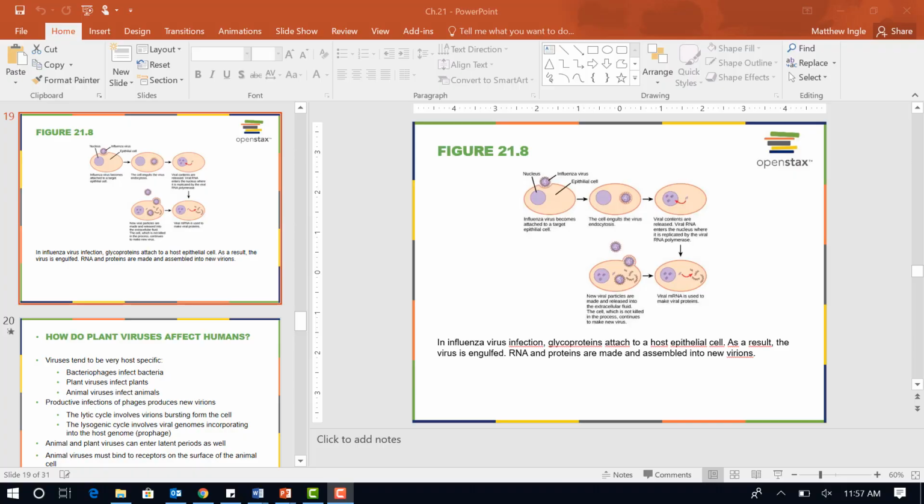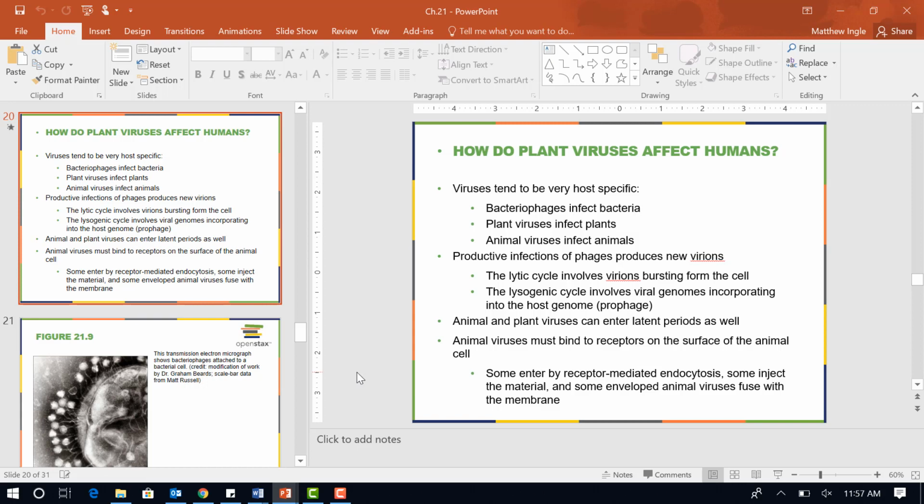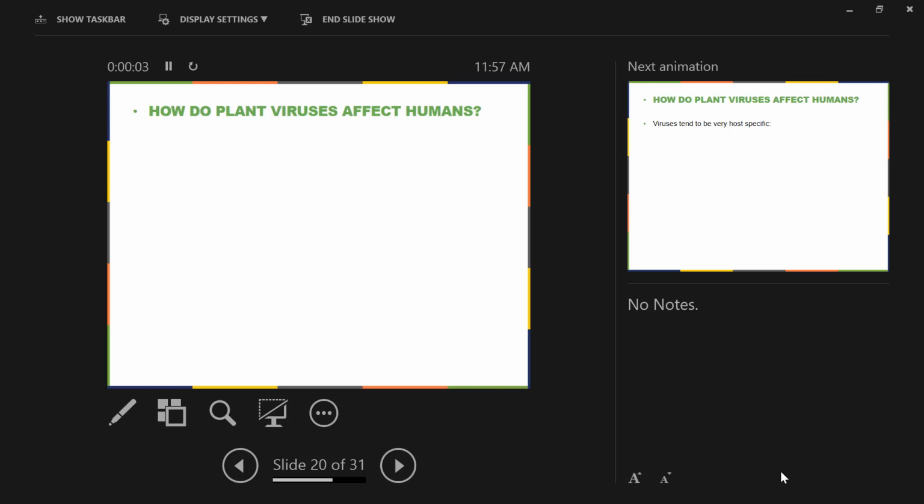So on Wednesday, Allison, I believe you asked me whether other viruses can incorporate their genomes into the host genome besides just type 6 and type 7. I did some more research, and yes, some type 1 and type 2